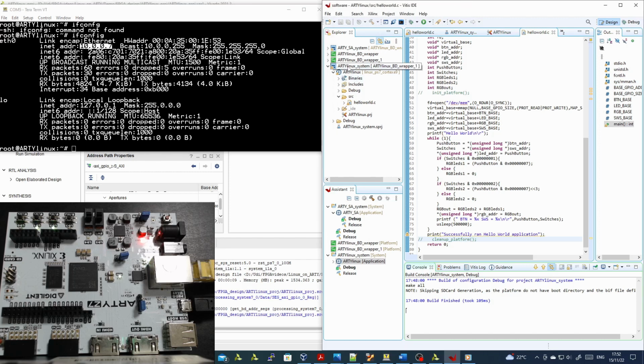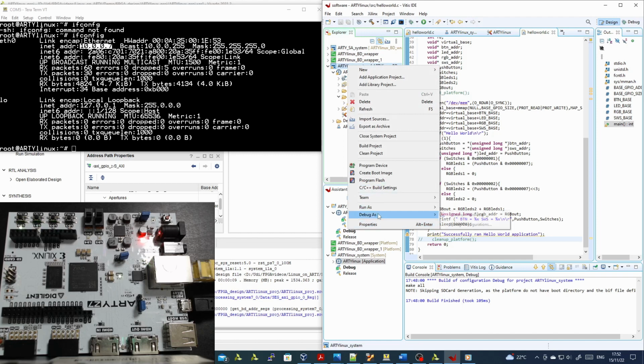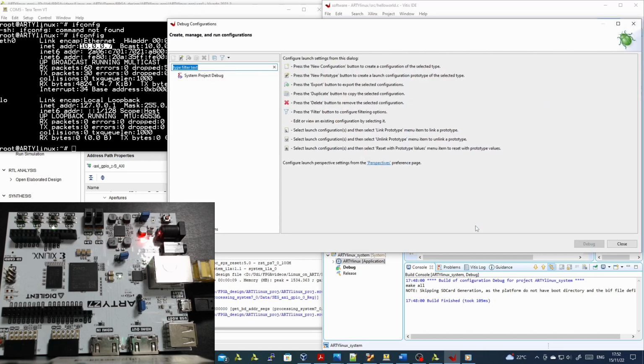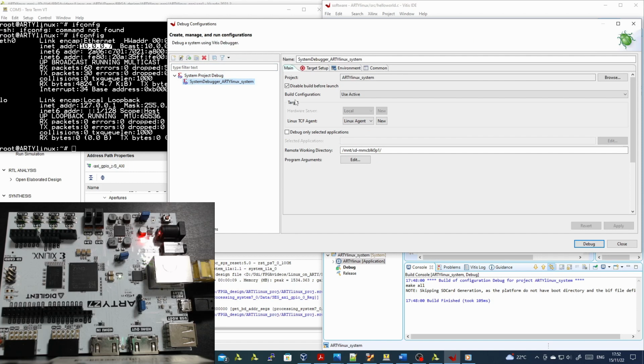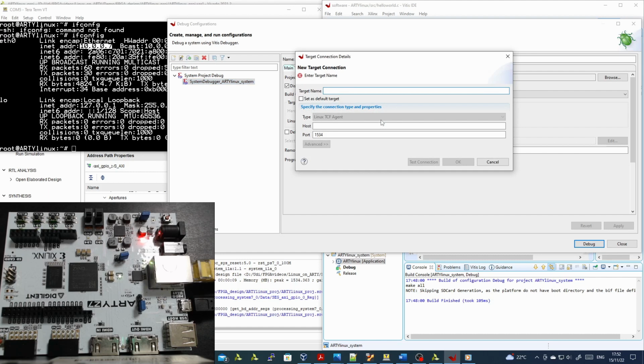Now we go to our Linux application and we'll go to debug and debug configuration. We configure the debug configuration. First, we need to connect to our board. We'll go to Linux TCF agent with a new, we'll give it a name, ARTY sys, and we'll add here